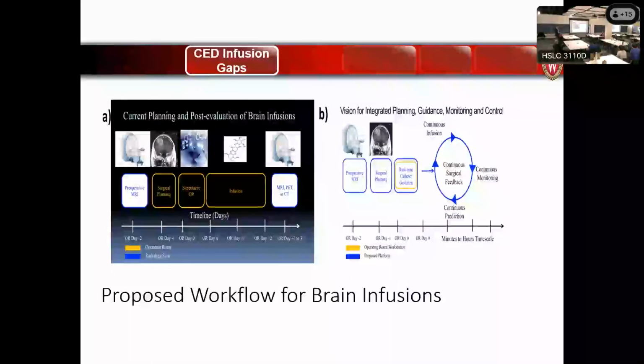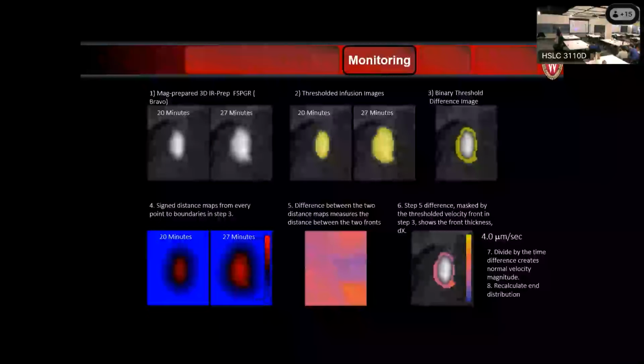So in this idea, using MRI to its natural, logical extension would be to pre-surgically plan the infusion and then periodically, with MRI, see where your infusion's going. Because that gives you the chance to move your catheters or change flow rates to get the end distribution that you want. This is some work that we did with Therataxis, the people who developed the algorithm for iPlan flow,